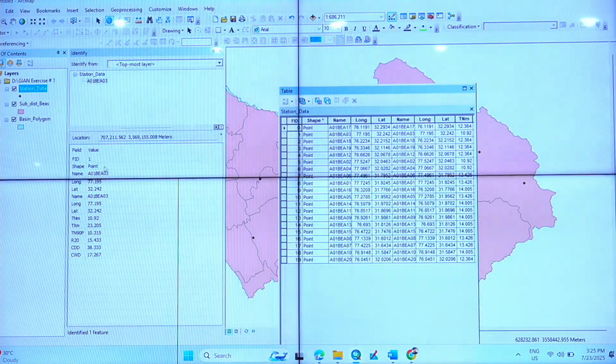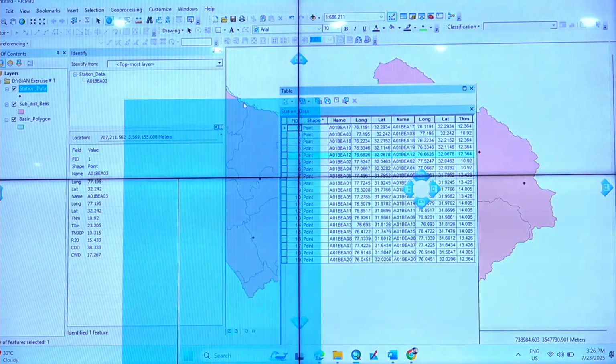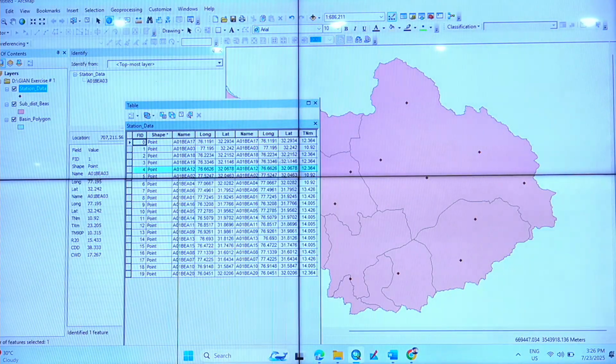See the details. FID is 1, latitude is this, longitude is this, and then these are the values. Can you see? TNM, TXM, this is the value. You click anywhere and you'll get the value, what this point is.